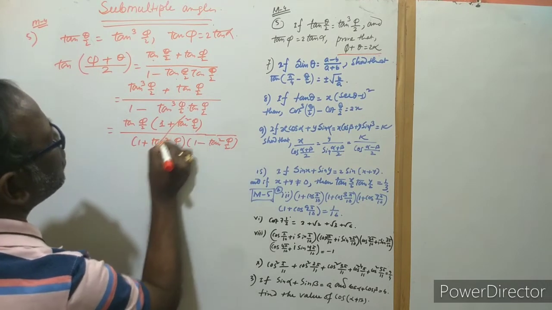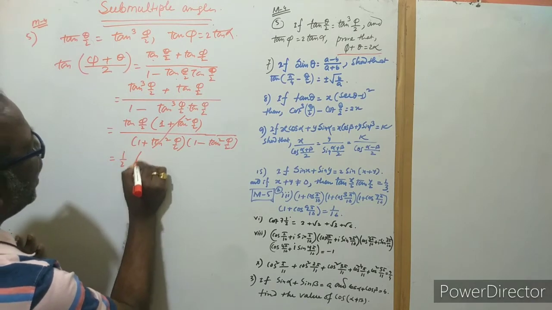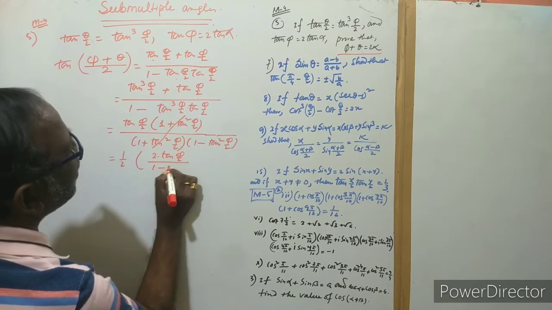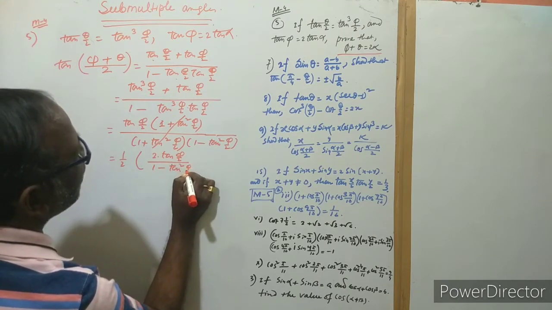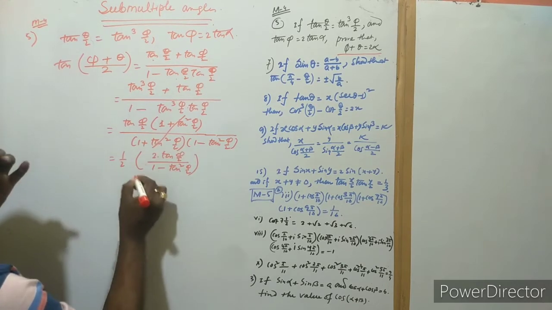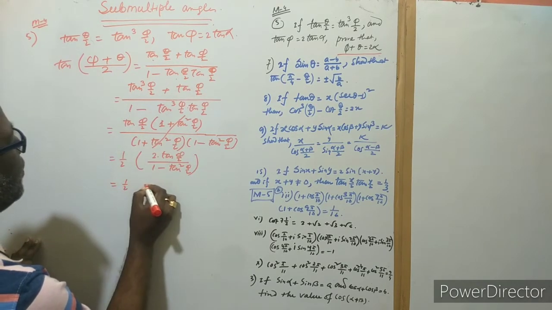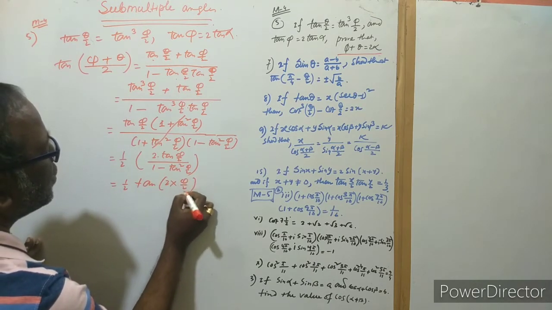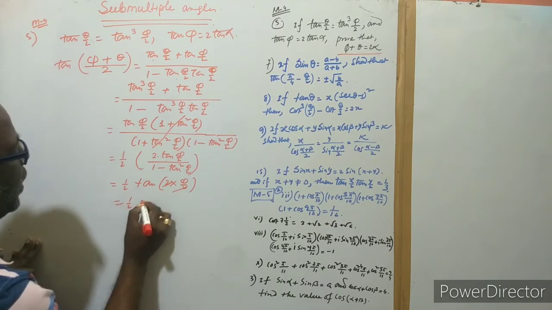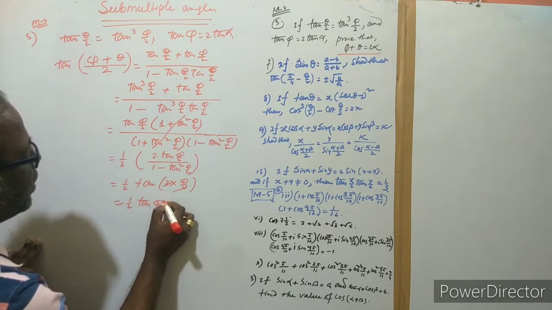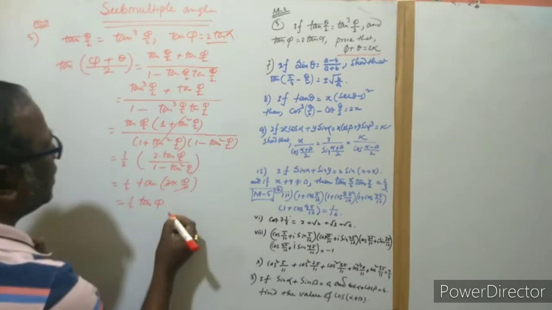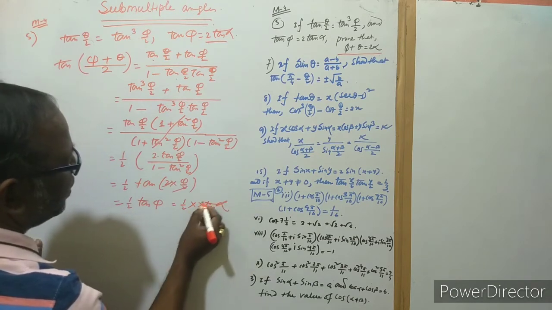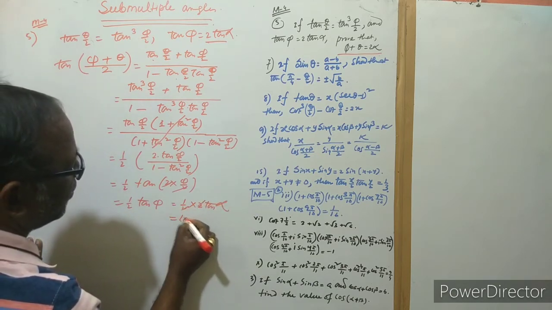Okay, and so these two factors are cancelled, so we take a half and 2 tan phi by 2 over 1 minus tan square phi by 2 here. Okay, and so we can write here tan, and in case of multiple angle, this is tan of 2 into phi by 2. Okay, so this 2 is cancelled, so half, and this is tan phi. Okay, now see tan phi is equal to 2 times tan alpha. Okay, these 2 are cancelled, we can write here tan alpha.